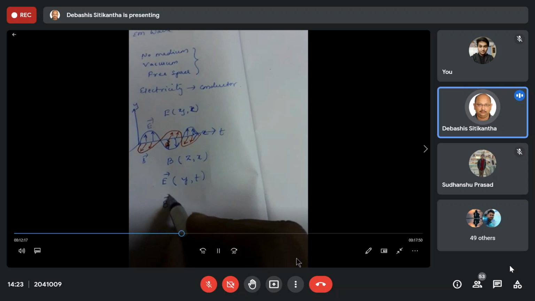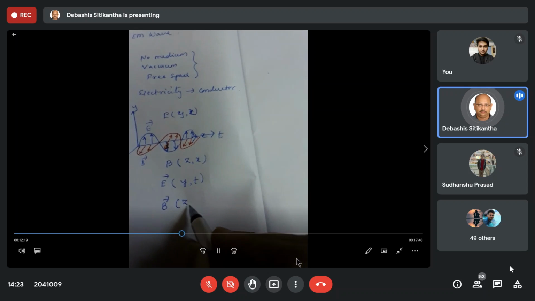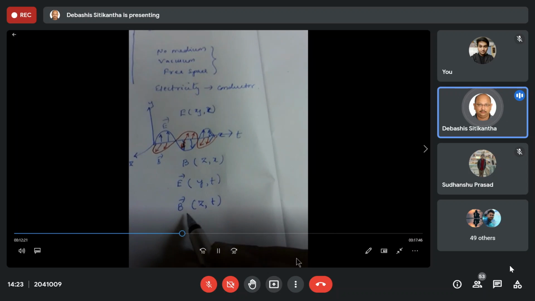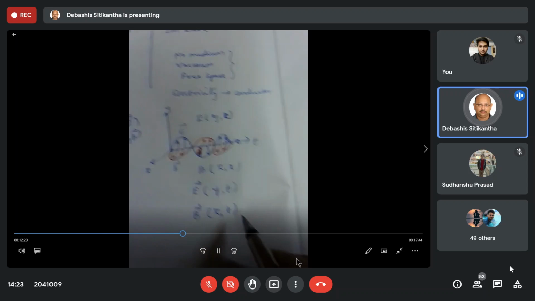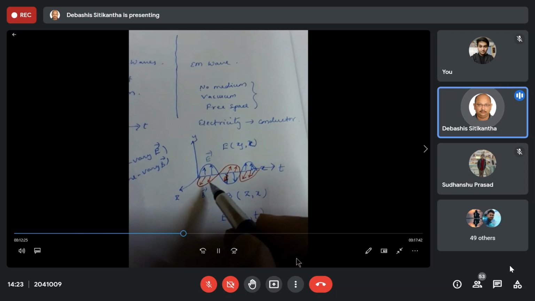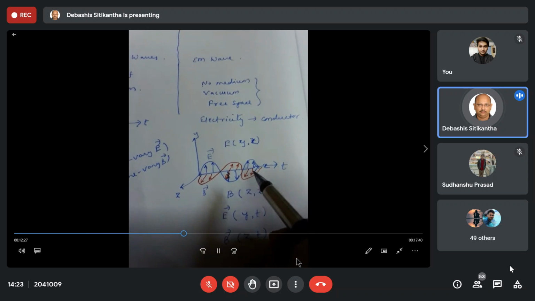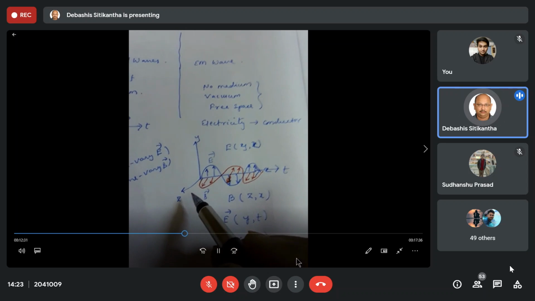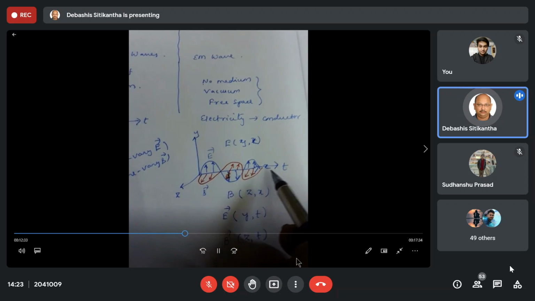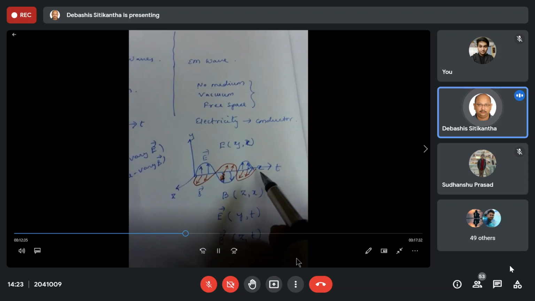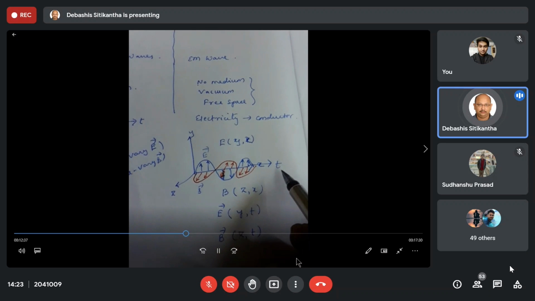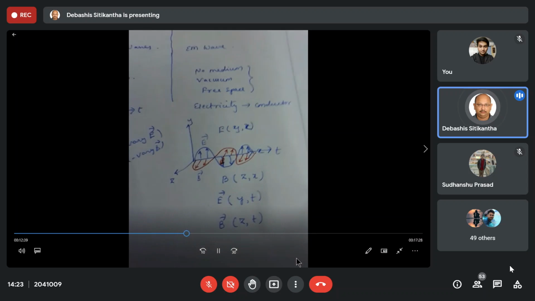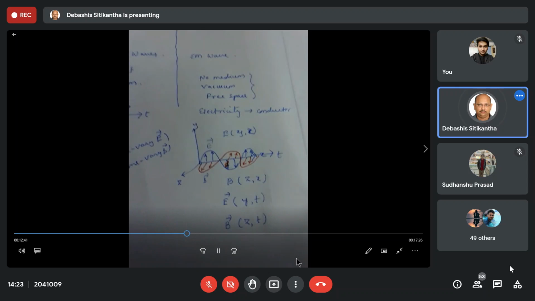Similarly, your B vector is a function of z comma t, because your B vector is also varying with respect to time, and moreover its magnitude is along the direction of z, whereas the direction of its propagation is along the x-axis, where I have represented it as the time axis. So this is the basic idea of